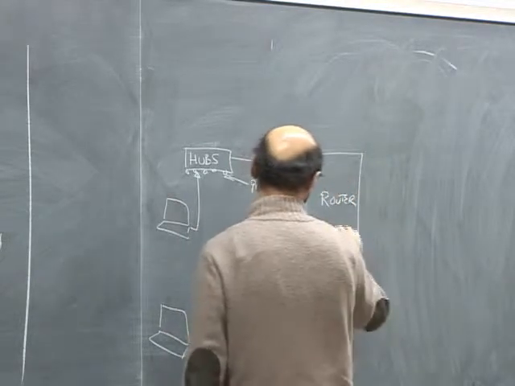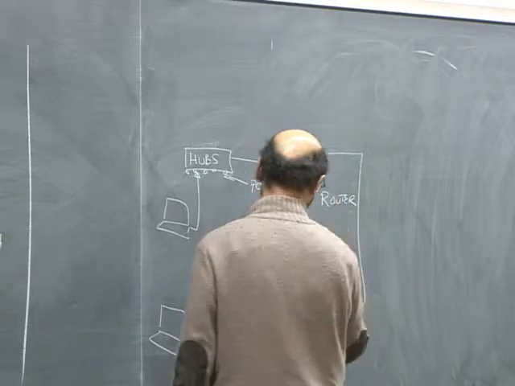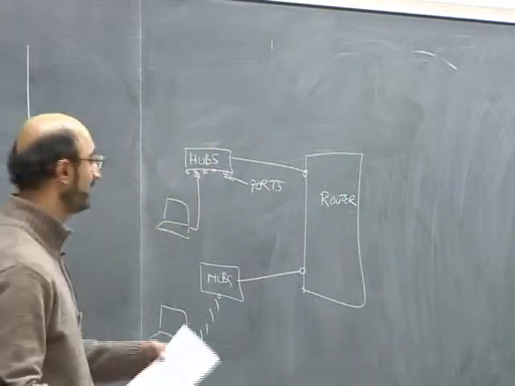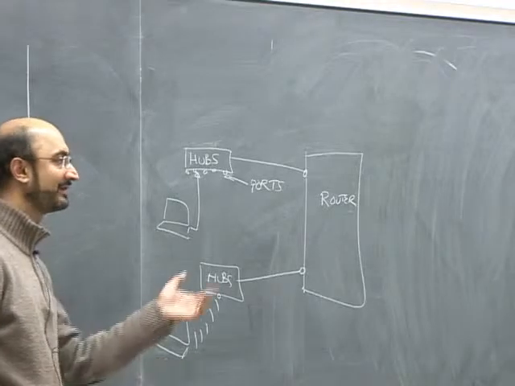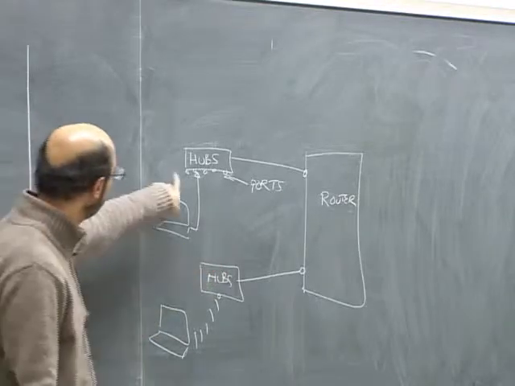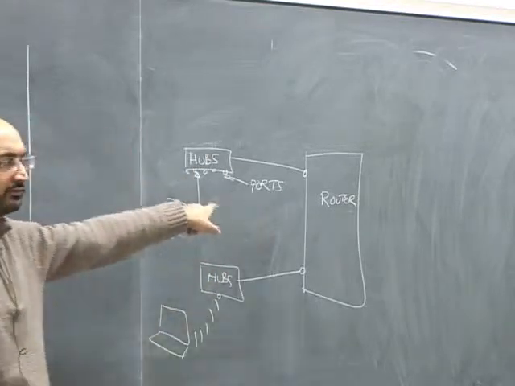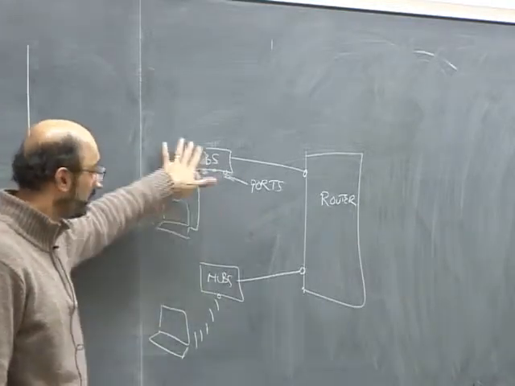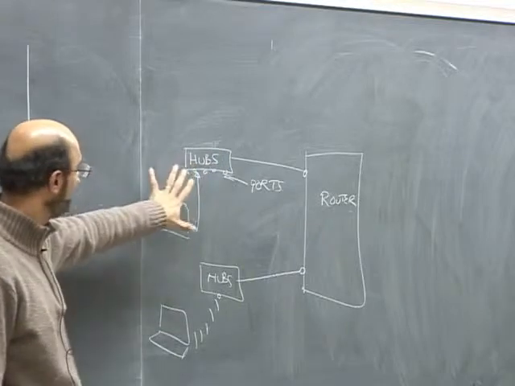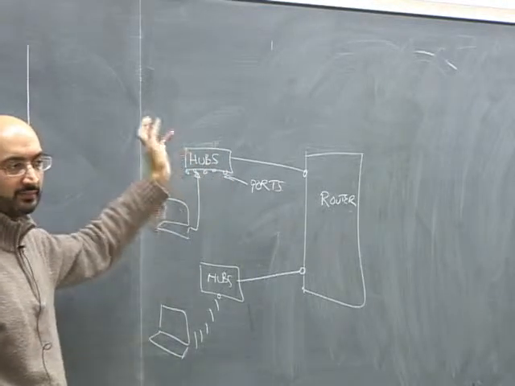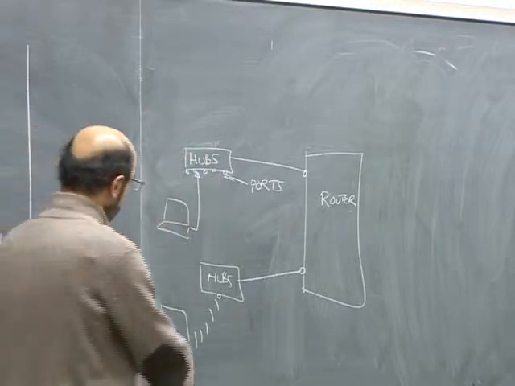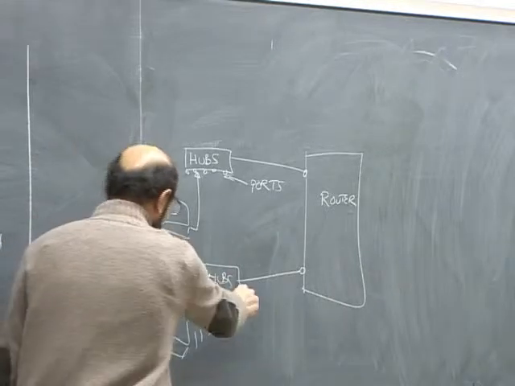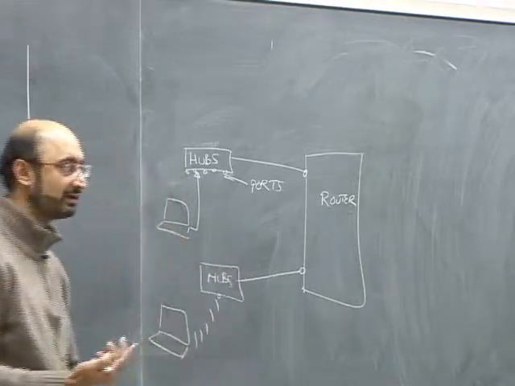And the router has ports as well. These are the ports over here. The thing about a hub is that it doesn't have any routing. It does exactly what, broadcasts, right? If you send anything here, all the other ports get it. So we don't need to do any specific routing. Anything that's connected to the same hub, all the elements connected on the hub are connected to each other, okay, so automatically. And similarly, all the elements connected wirelessly to the same hub are connected to each other through that